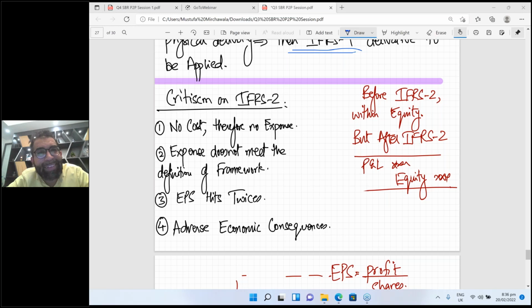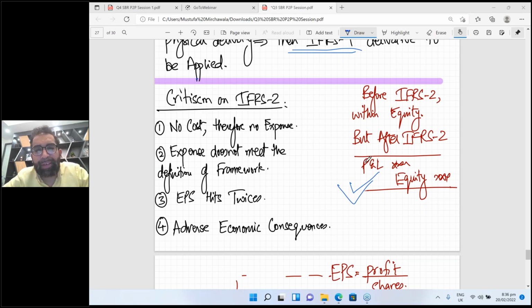So just think of life before IFRS 2. Give shares to employees and no need to book any expense, just enjoy. But when IFRS 2 came, IFRS 2 strictly said to make this entry at gunpoint. Okay, right? You getting it?